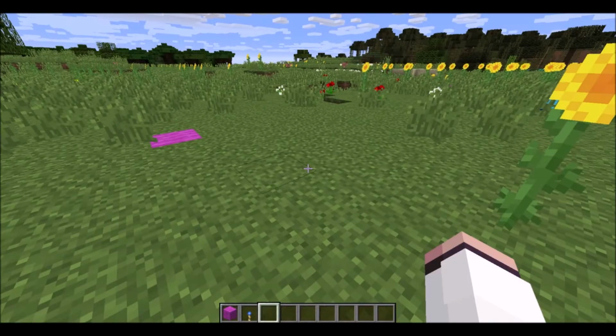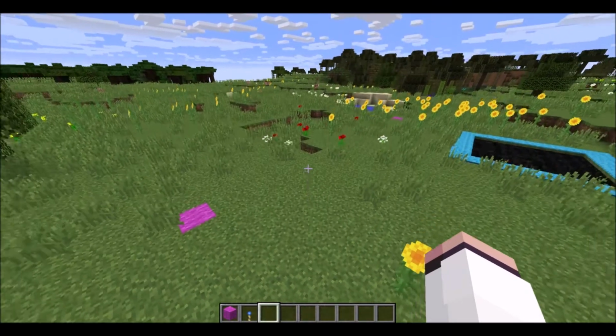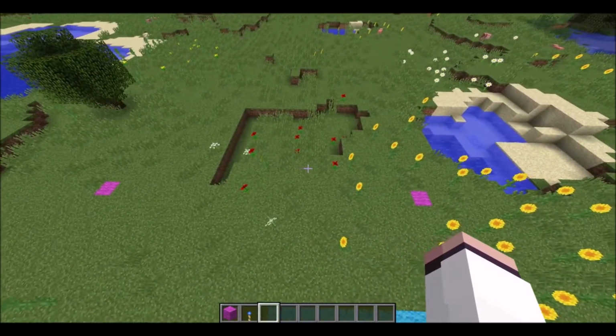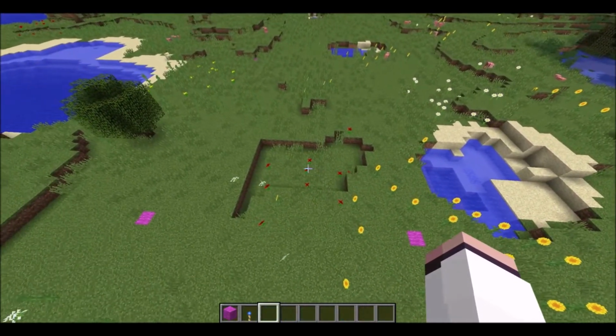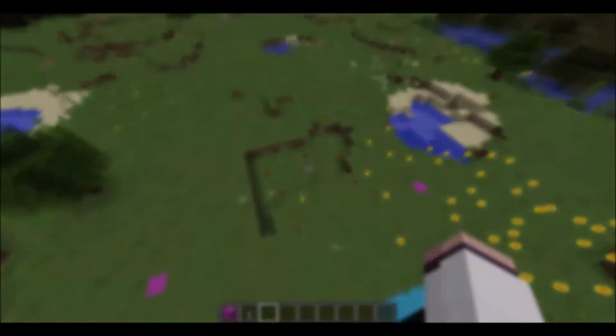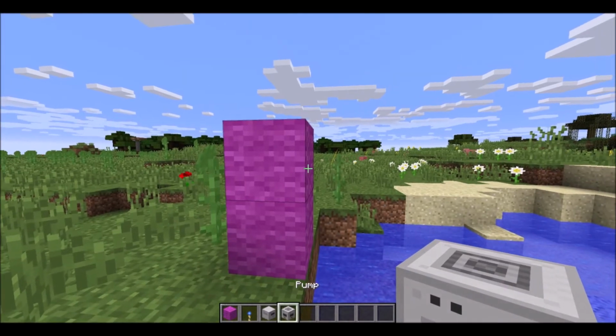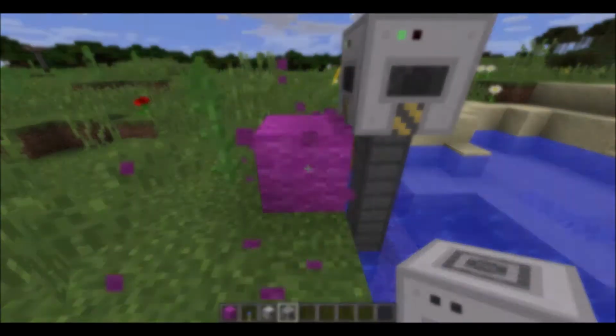Now I will show you what a quarry looks like in Minecraft. First, we need to find a source of oil and a source of water that will be used to power and cool the engines that will be running the quarry. Next, I will place a pump over the oil and another pump over the water that will extract the fluids